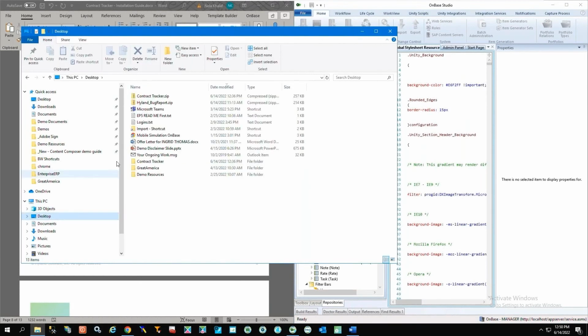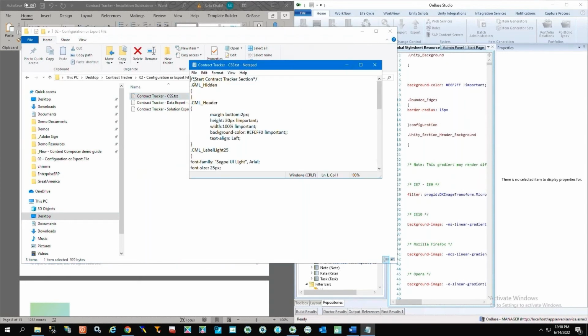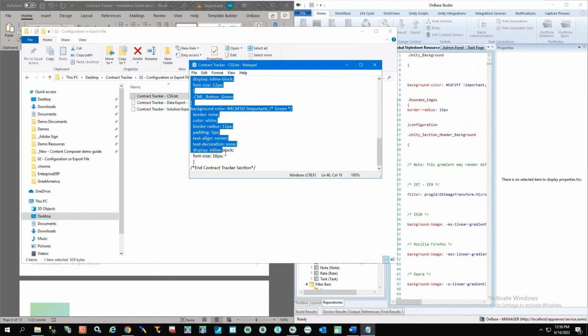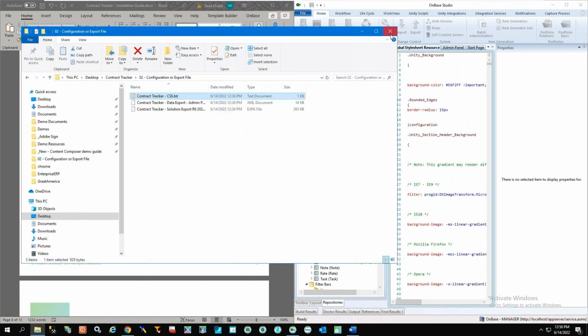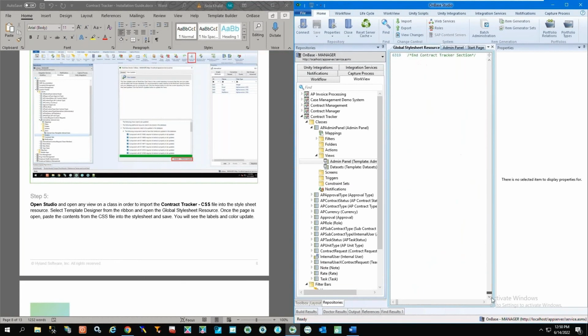the unzipped one. Open it up, open up the CSS and copy what's in there. And usually I like to just add it all the way at the bottom of my style sheet resource.